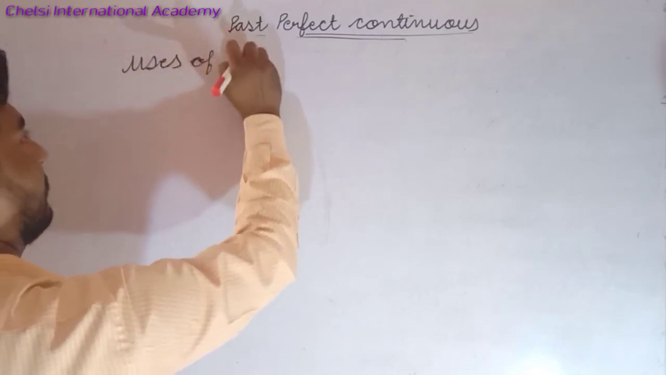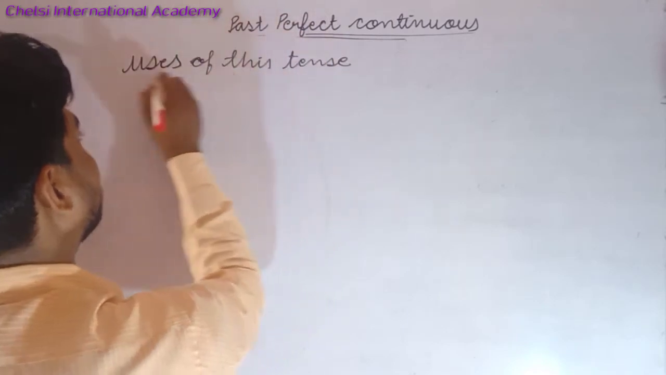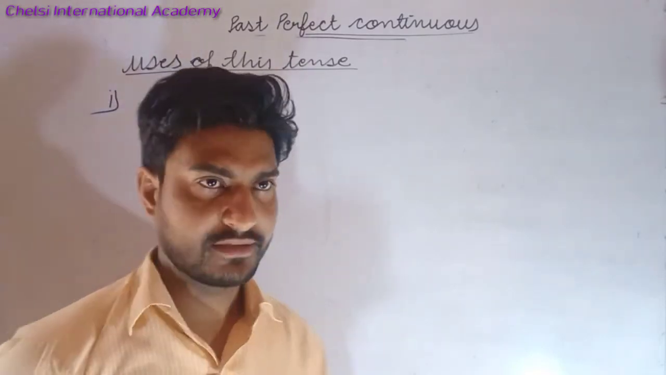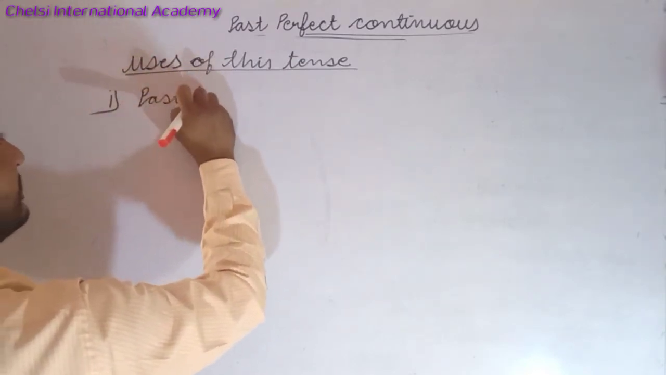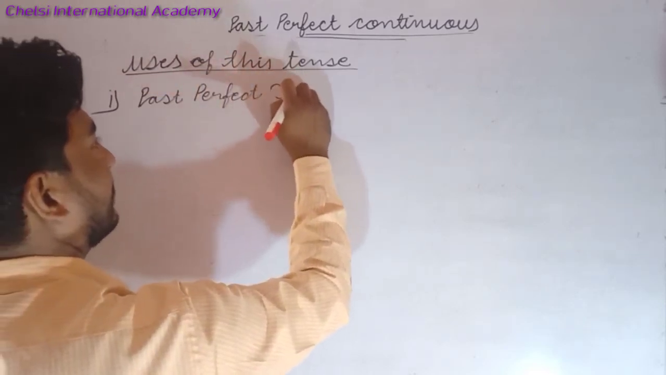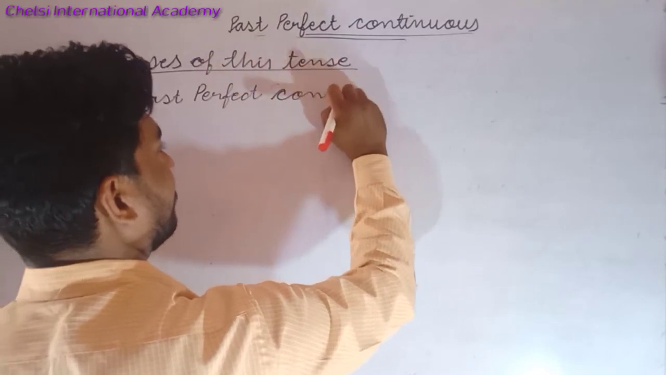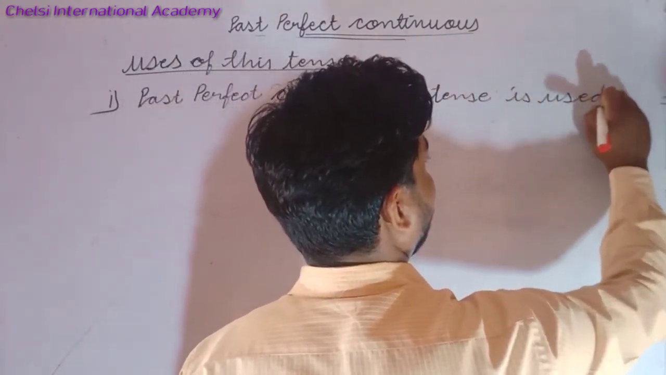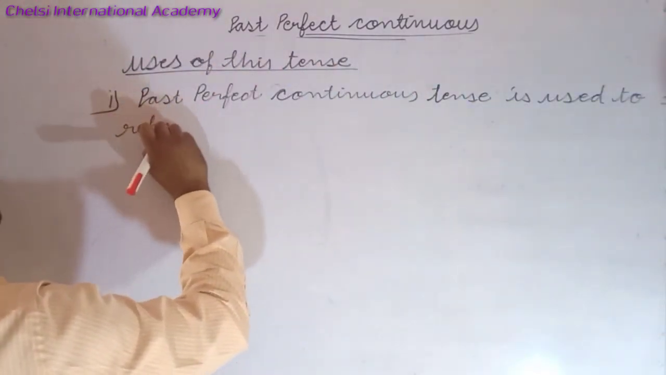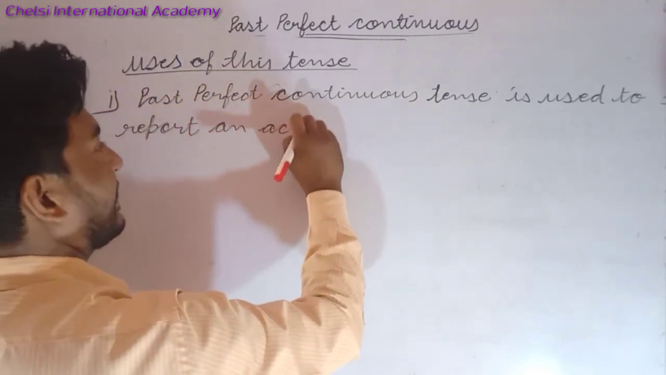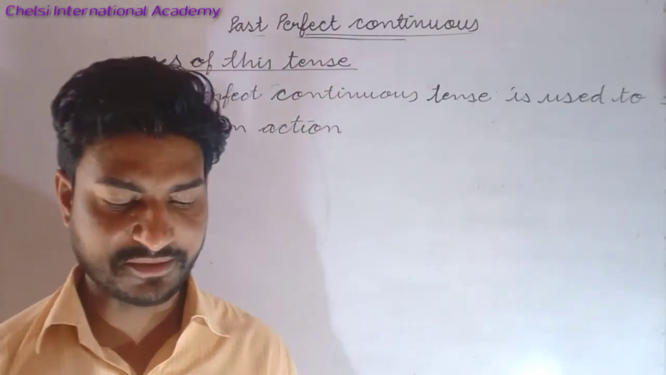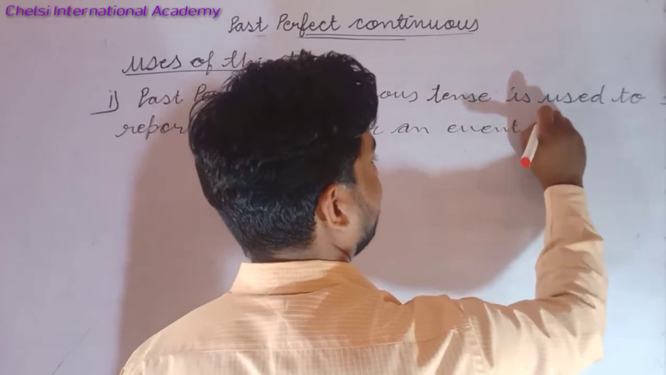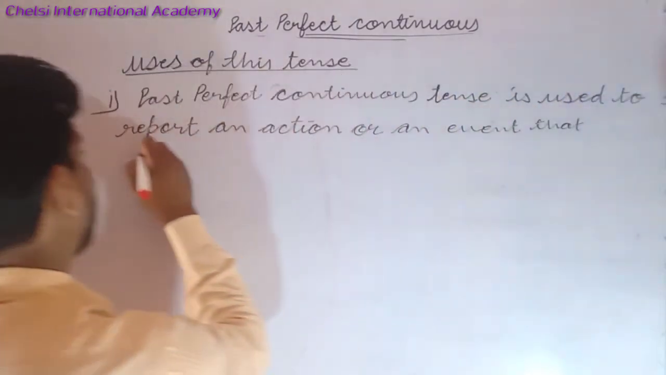Uses of this tense. Okay, first, past perfect continuous tense is used to report an action, or an event that happened